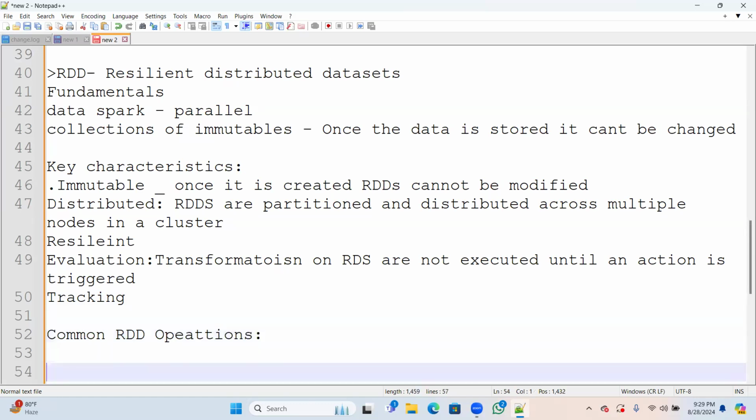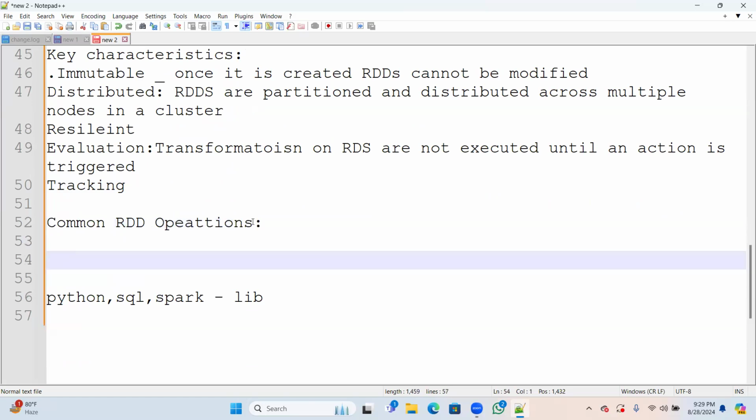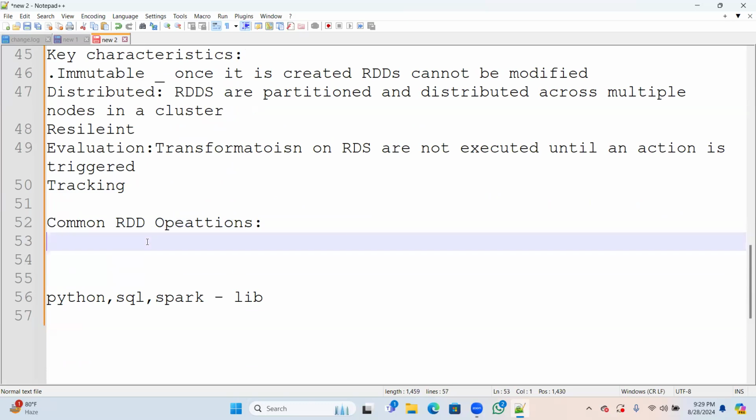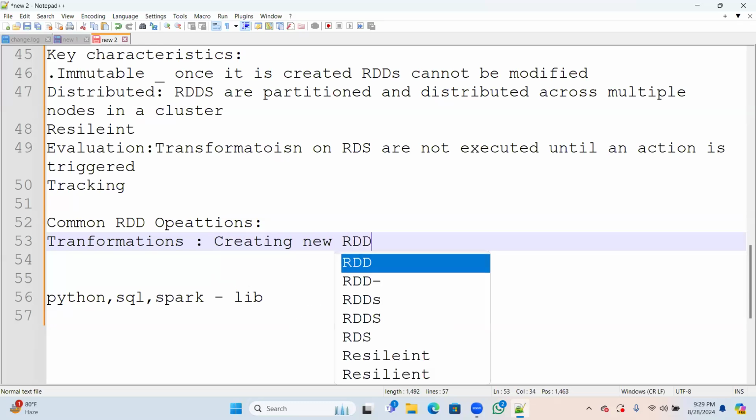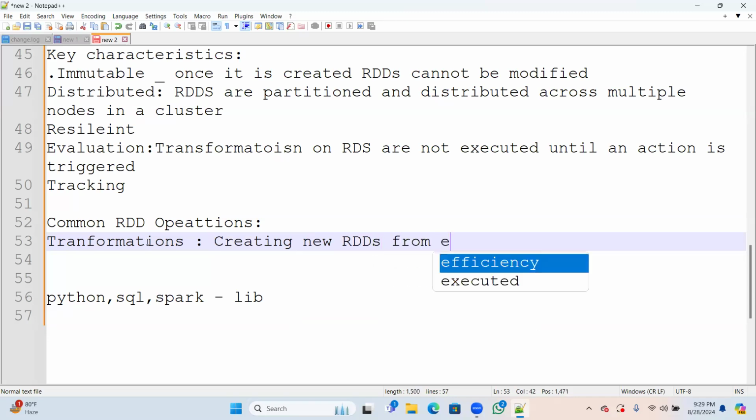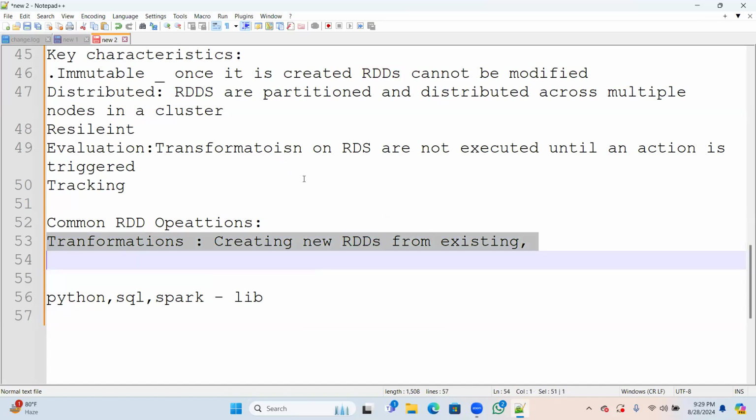I'll try to show you. What are the transformations we use in Spark? Mostly we reutilize what we already have in the created RDDs from the existing ones. If you're working in any project, you don't need to build from scratch. What RDDs you have already created, you can utilize the existing ones only.